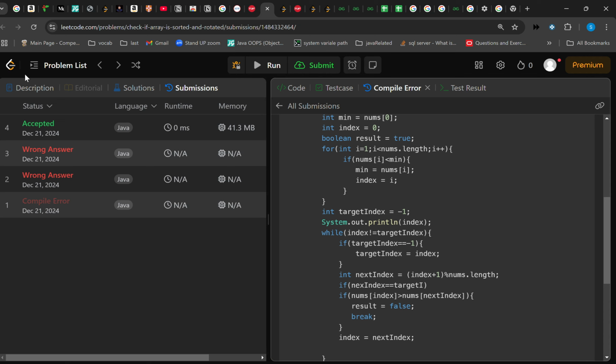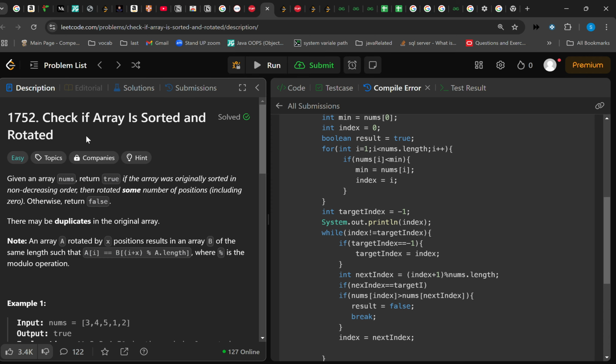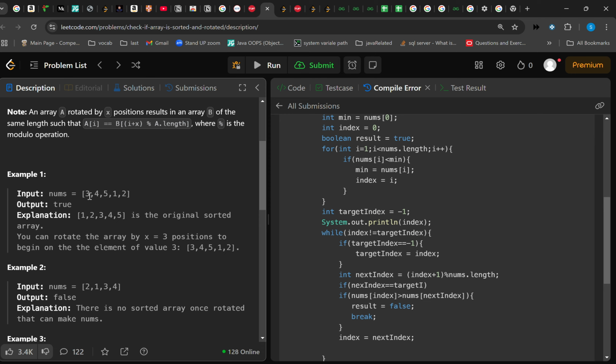The question was this: check if the array is sorted and rotated. So we are given an array, like if this is the array, and we have to tell whether it is sorted or not. So if you will see, this is the original array, and the